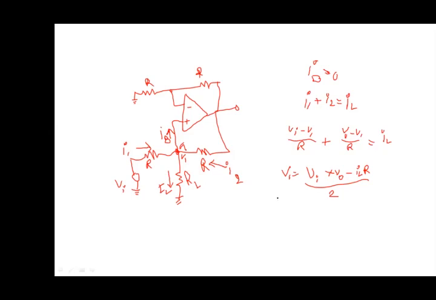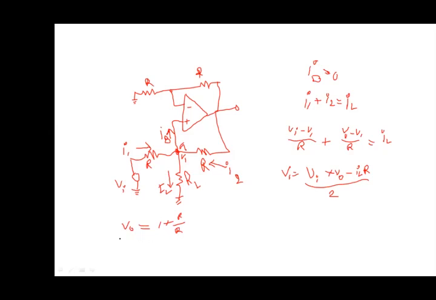If you bring this, since the op amp is used in non-inverting mode, the gain of the circuit is nothing but 1 plus Rf by R. Here the feedback resistor is R, and the series resistor is R, and hence the op amp gain will be V naught equal to 1 plus R by R.